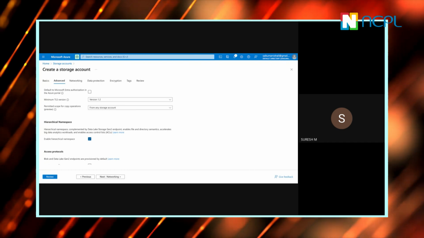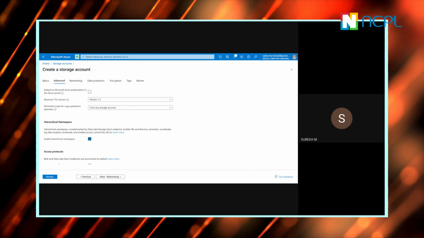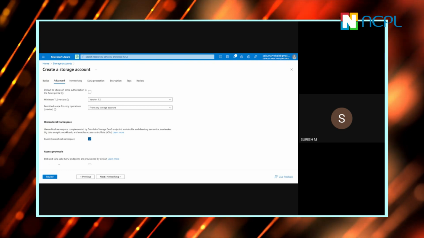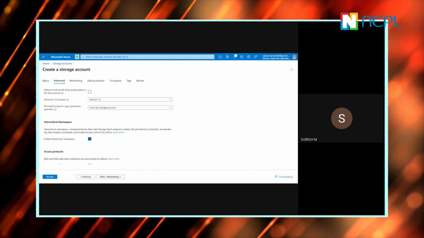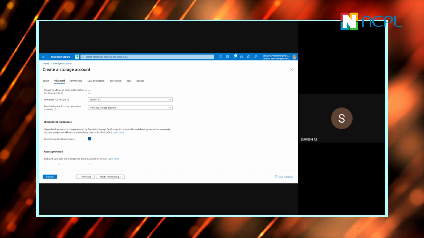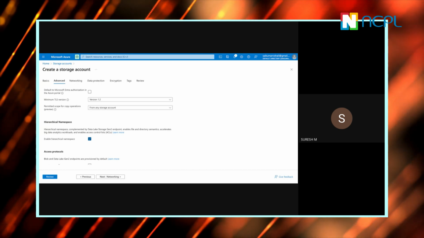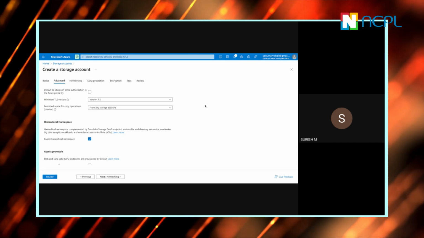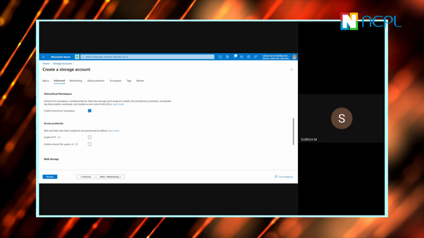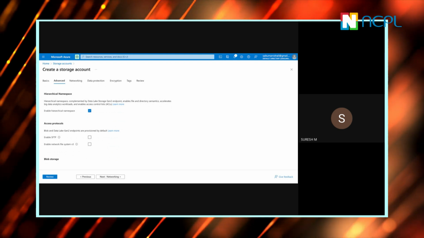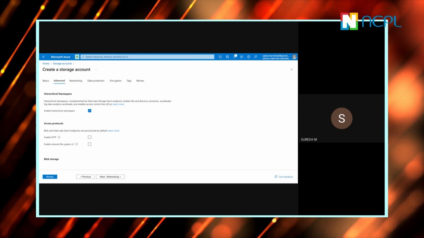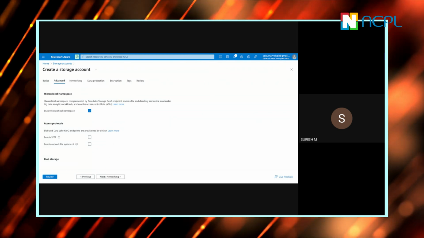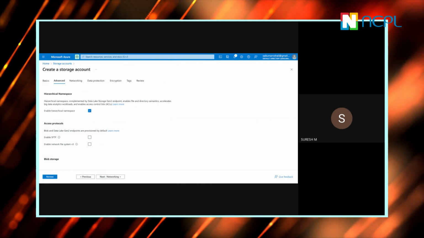When you say hierarchical namespace, it is nothing but, in a very understandable way, I'll put it: what is hierarchy? If you are maintaining a hierarchy, don't you think it's easy to access the data if you are providing parent, child, friends of friends?